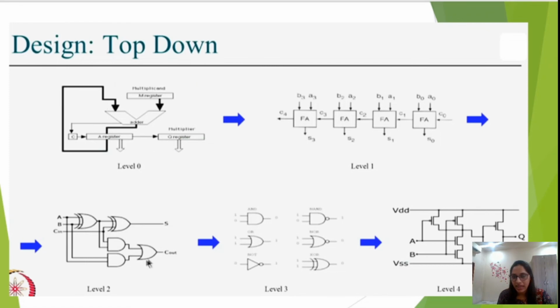When we say adder, the adder is designed using full adders. Here the 4-bit full adder is shown again. Now each full adder is designed using logic gates such as XOR, OR and AND gates, and these gates are nothing but transistors. So for designing, we always follow the top-down hierarchy.